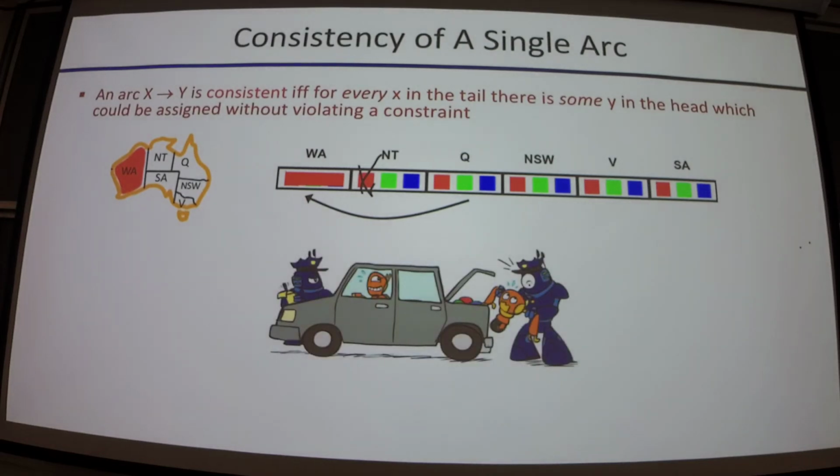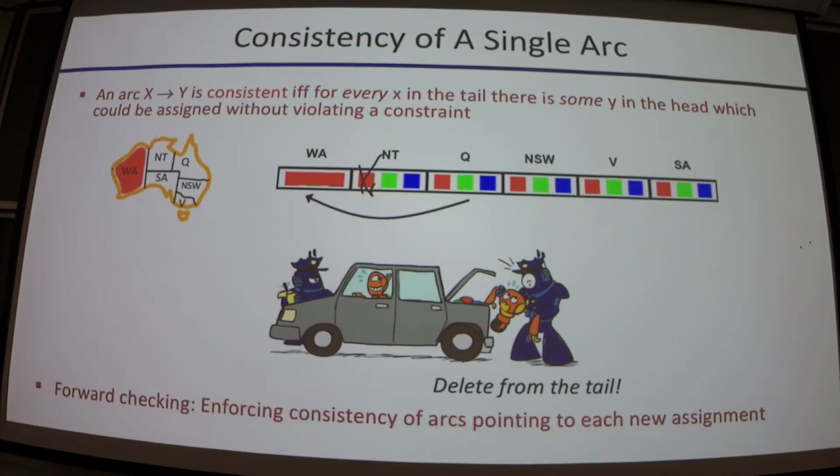It's important to remember that when we make things consistent, we take things from the tail. We're not modifying the head. This drawing here is supposed to help you remember that, in which you're removing illegal things from the trunk when you get pulled over by the arc consistency police. Take things from the tail. Delete from the tail. That's really important. It's going to be on a bunch of slides. I'll try to remind you frequently.